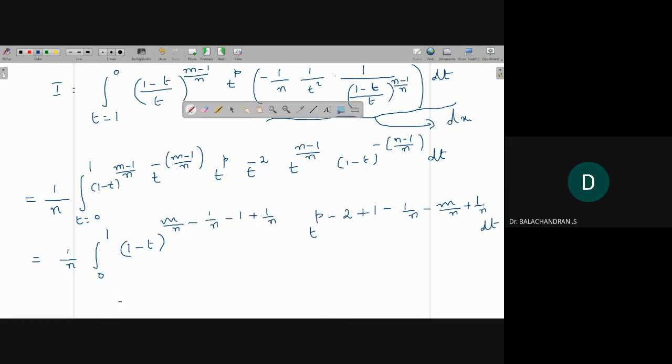So this is equal to 1 by n integral t equal to 0 to 1. So minus 1 by n plus 1 by n gets cancelled. T power p minus m by n minus 2 plus 1 minus 1 into 1 minus t whole power m by n minus 1. Minus 1 by n plus 1 by n gets cancelled. So now